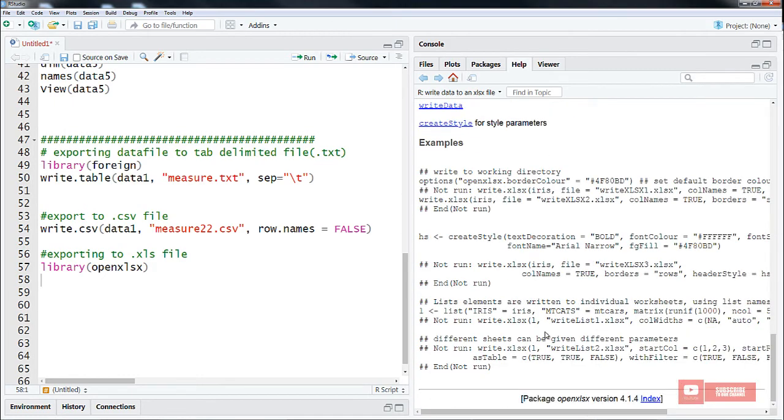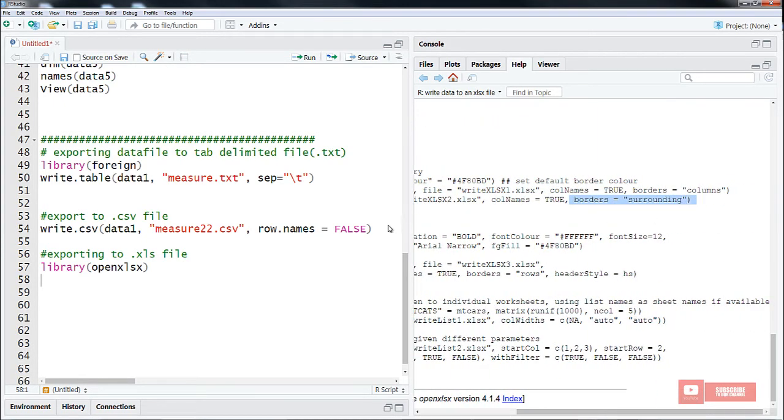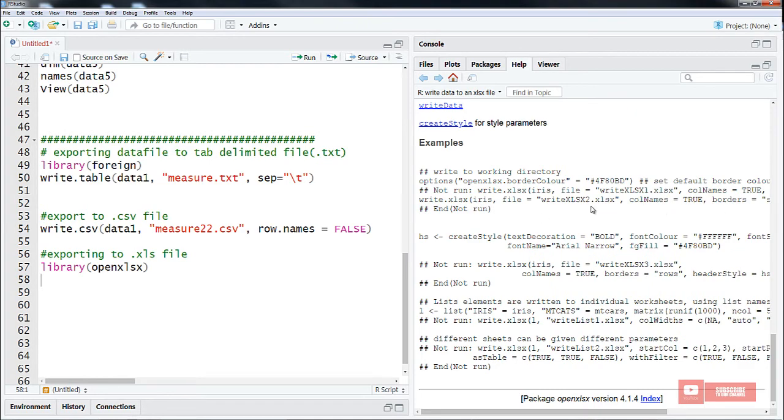Let's look at how they use the function. So dia menggunakan file. This is the file name yang dia create. Col names true, border equal to surrounding, and this is the option lah that we are not interested with, others special argument. Now let's write the function